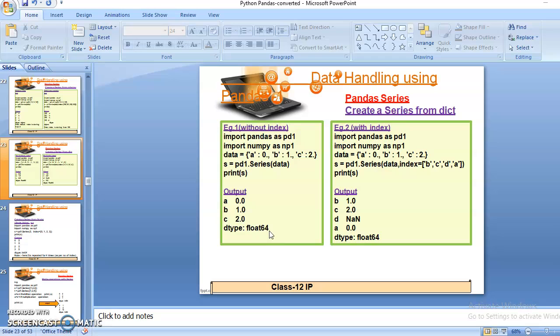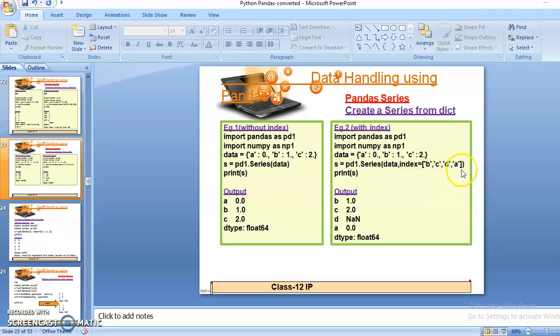Okay, now if you want to give the index number yourself, you can check here: import pandas as pd1, numpy, and data a of 0, b 1, c 2 as the data, and for the index you are mentioning that you want to start from b.